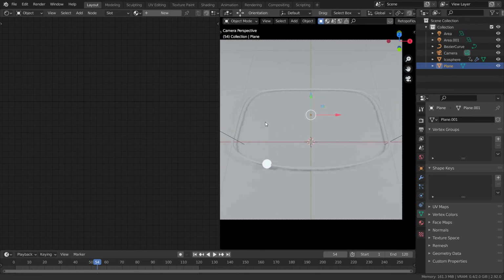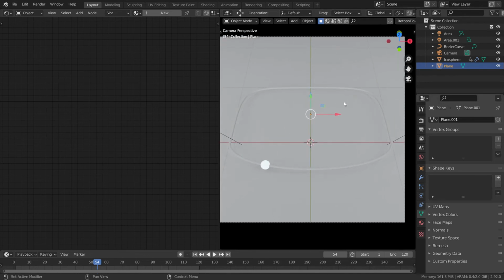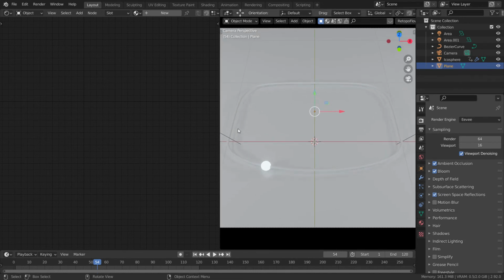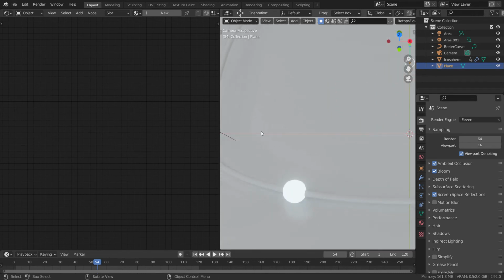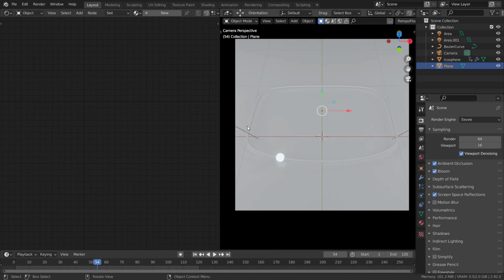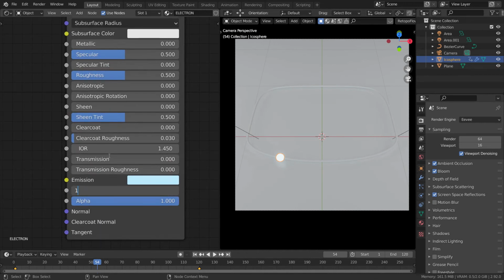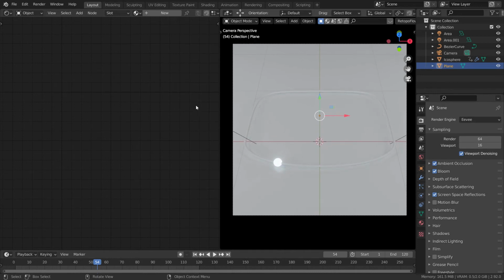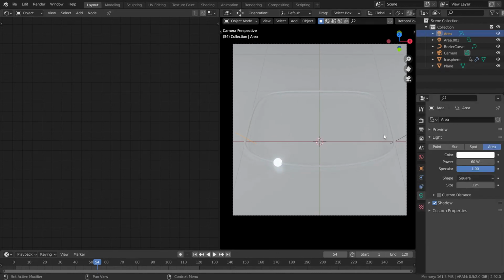Okay, so now that is done for the electron. Also you can go into this setting over here, render properties, and enable ambient occlusion, bloom, and screen space reflection. Okay, you do that, and once you enable the bloom, you'll see that this light has a little bit of bloom to it. You can change the bloom intensity over here, make it less intense. Let's just keep it to default settings, and now we will increase the emission strength to something like 10. So now as you can see, it's bright now. You can also decrease it a little bit.